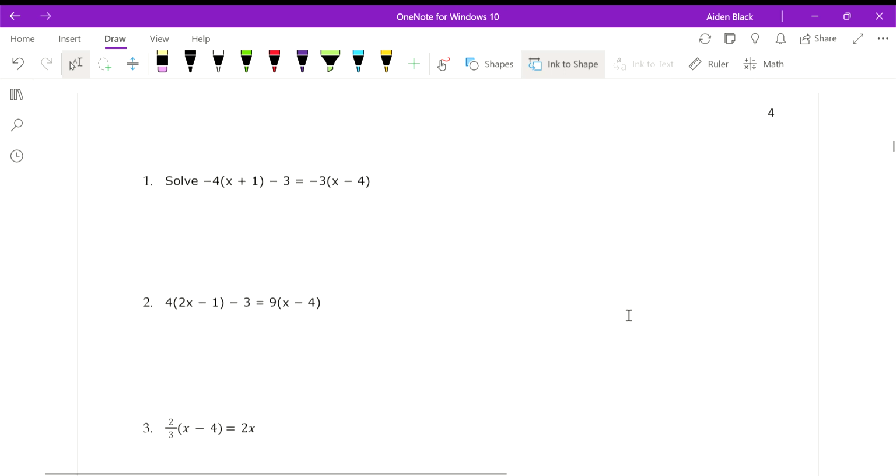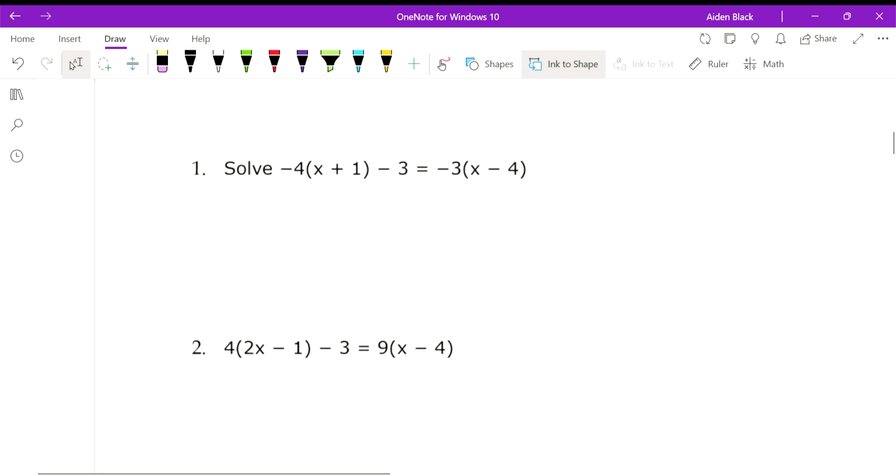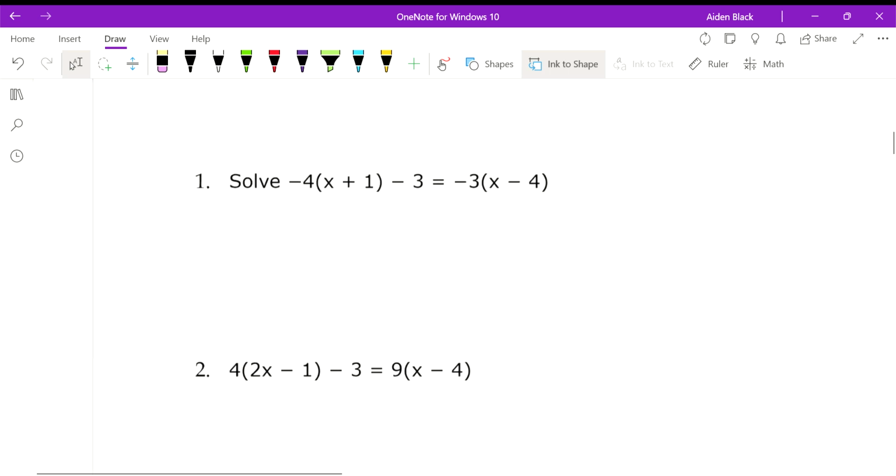Okay, so these questions here are just asking for us to solve for x, which just means we need to do some distribution. So here we have our equal sign. We know whatever's on the left-hand side is equivalent to whatever's on the right-hand side given a particular x. So what we typically do is we start by distributing, because we can't evaluate x plus 1, those aren't like terms. So when we distribute, we get negative 4 times x, and then we're adding negative 4 times positive 1,